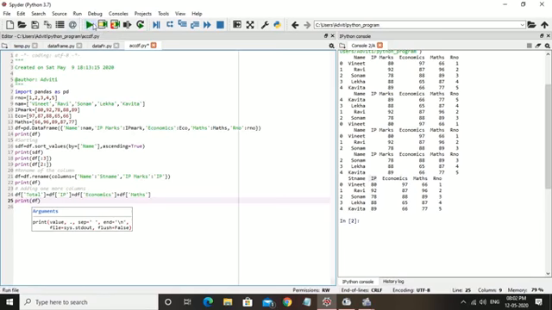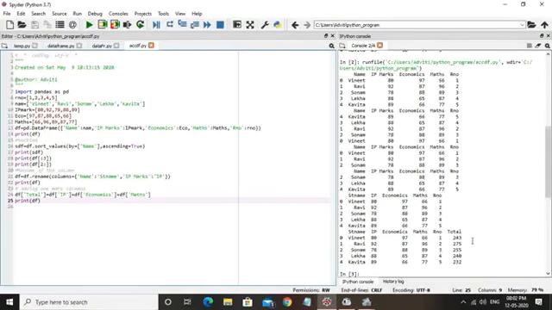Now run this program. Now look here, we have changed the name. Name is student name, IP marks is IP, economics, maths, roll number, and then I am using here total of marks: IP, economics and maths. This is total. Fine. Now in this manner you can add one more column within the data frame.